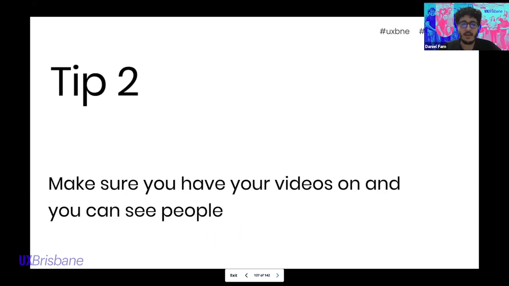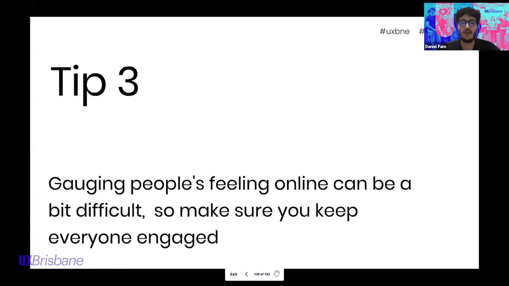And finally, the third tip is getting people's feelings online can be difficult. So make sure that they're engaged. What I mean by that is make sure that everyone does their exercises. If you feel like they're not sure what they're doing, because you can see what they're doing on the whiteboard, make sure that they're writing down their ideas, they're actually speaking, and everyone gets their turn to speak. By keeping everyone engaged, they'll be switched on, and the more benefit you'll get out of the workshop.